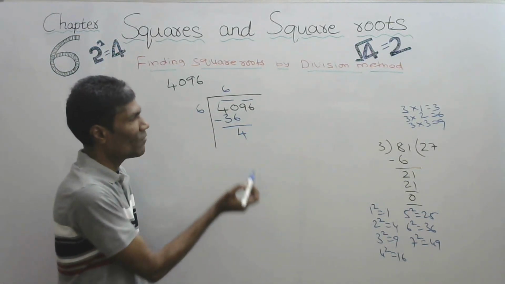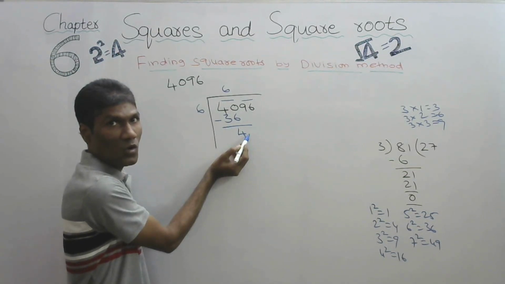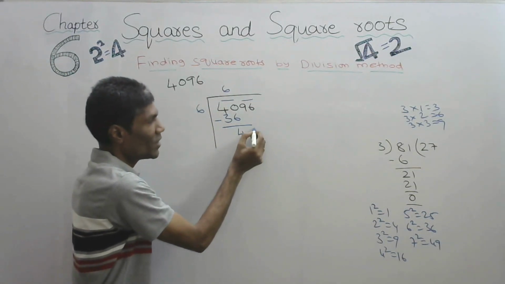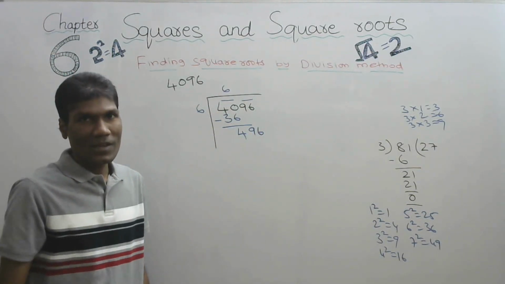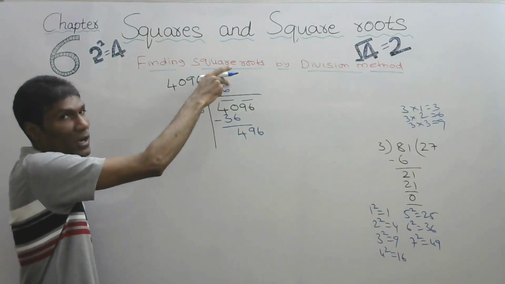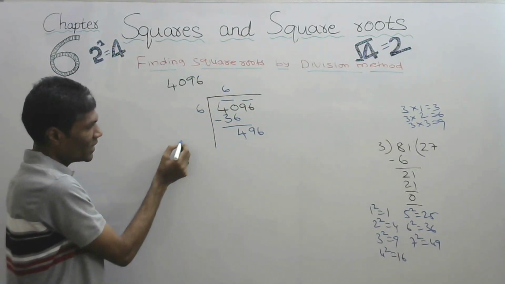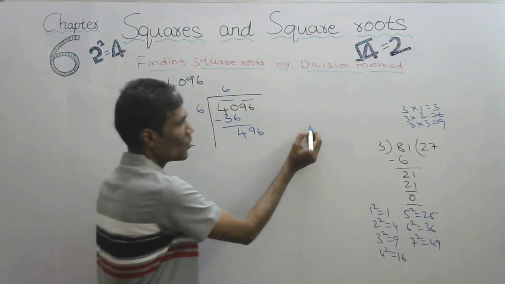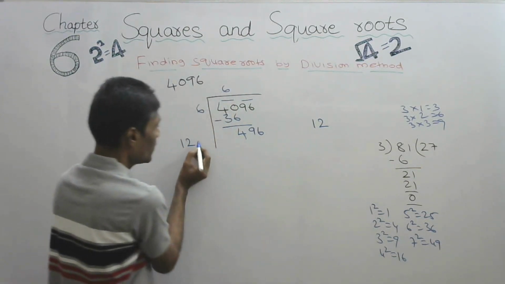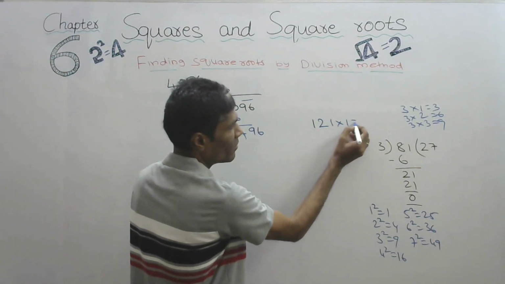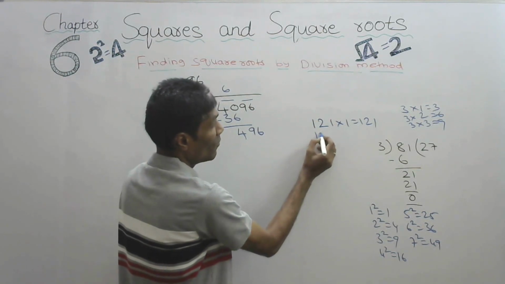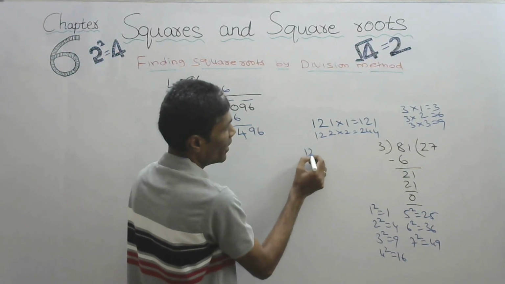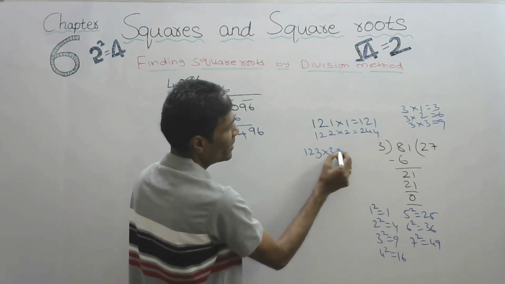Next step, will we take 9 here? No. What will we take? We will take a pair, 96. So 96 we will take. Next step, double of this. So we will take 12 here. Then what will we do? This 12 here, and if we write here 1, 121 into 1. 122 twos are 244. 123 threes are